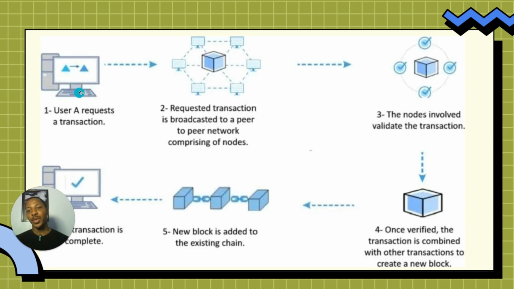Okay. Now imagine you don't have $5 in your account and you try to request that transaction and send it over. It would be rejected. But if truly you have this $5, once you initiate the transaction, all these nodes will validate it automatically. And once they validate it automatically, if it's